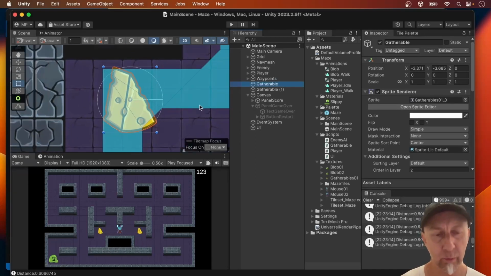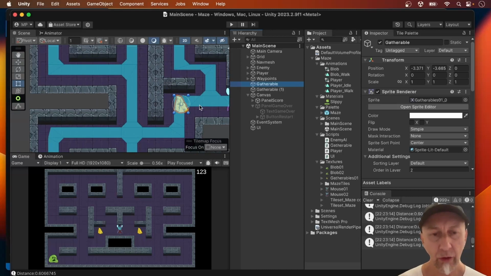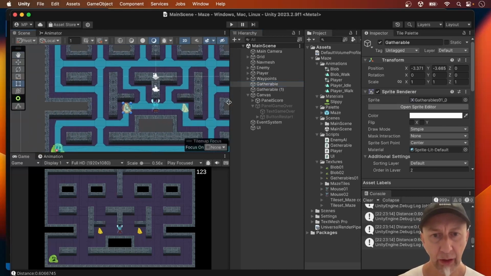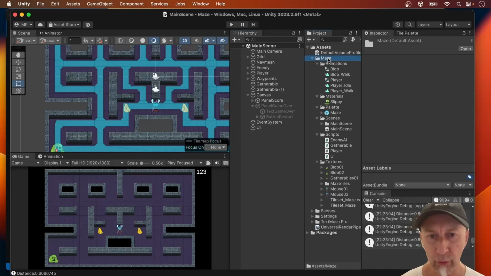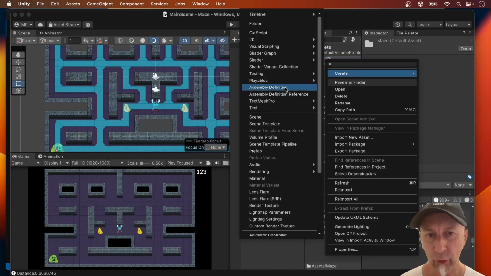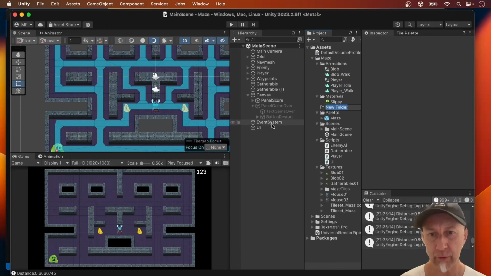Gatherables. Now, I don't know for certain, but I guess we may add some more functionality to these gatherables. And if I clone a load of them, or if I duplicate a whole load of them and place them all around the maze, I kind of want to be able to change them once and it will change all of them. And there's something called a prefab which will enable that to happen. So if I actually create a folder called prefabs